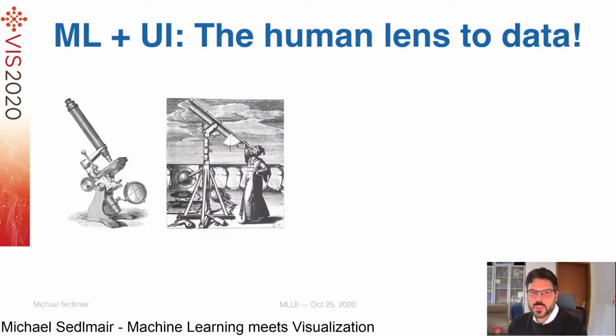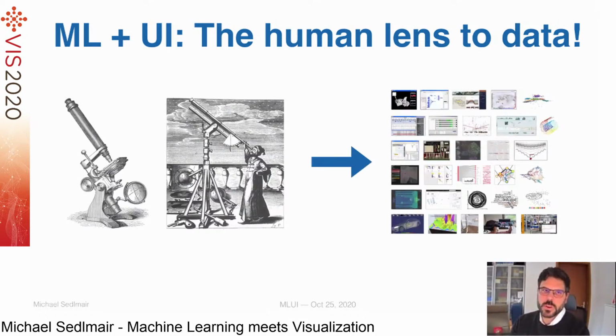So why is this so important? I think if we look further back into the past, we had things like the telescope and the microscope, which fundamentally changed the way we see the world. I think this is what we're doing today, but it needs to be a combination of approaches in